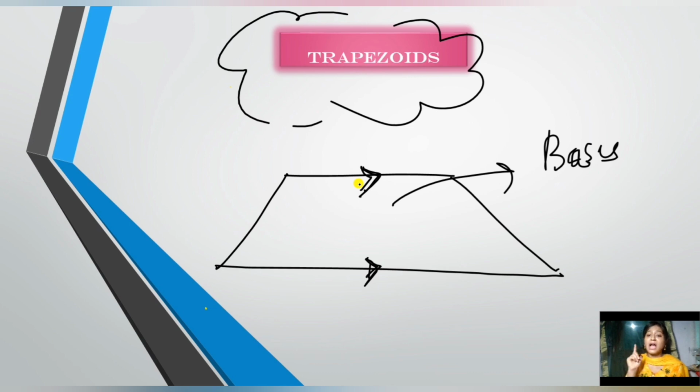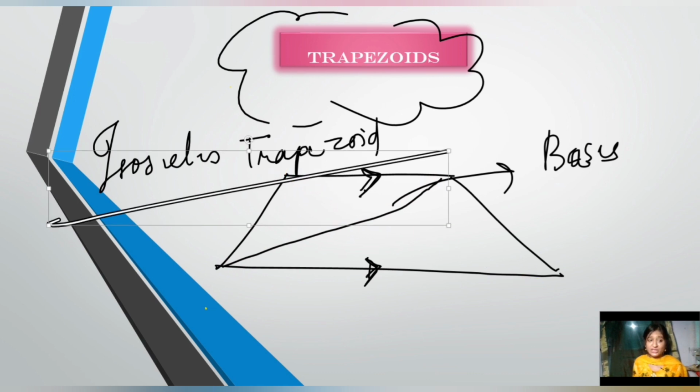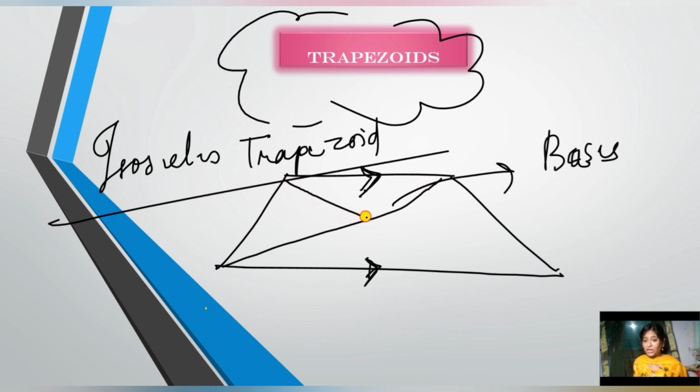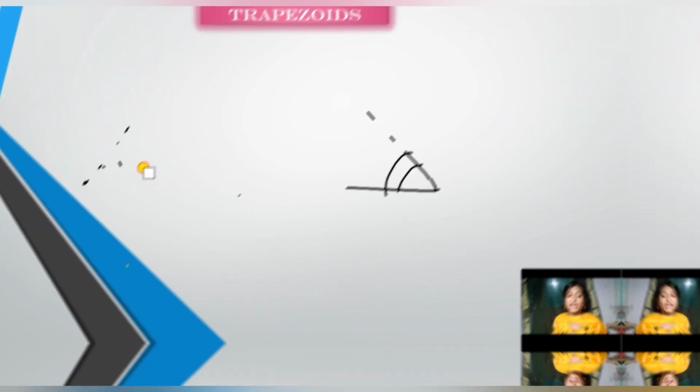Now I'm going to tell you the special case of trapezoid. Yes, that we call an isosceles trapezoid. Alternatively, it can be defined as a trapezoid in which both the legs and both base angles are of equal measures. Yes, they will be congruent, and one very special thing is that the diagonals are also of equal length. Isn't it so amazing? So in an isosceles trapezoid, 2 opposite sides are parallel to each other, that is the bases, and the 2 other sides are of equal length. Here in this figure you can see that both legs and both base angles are of equal measures.